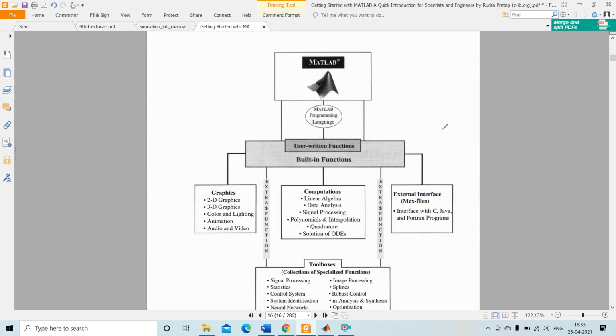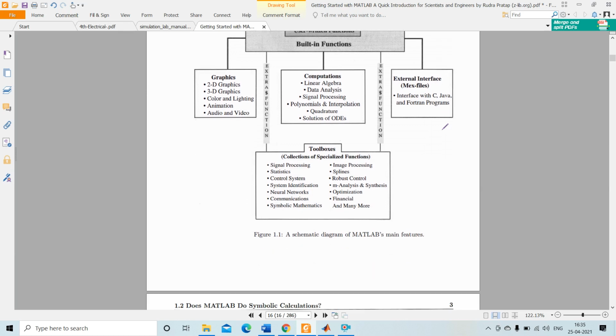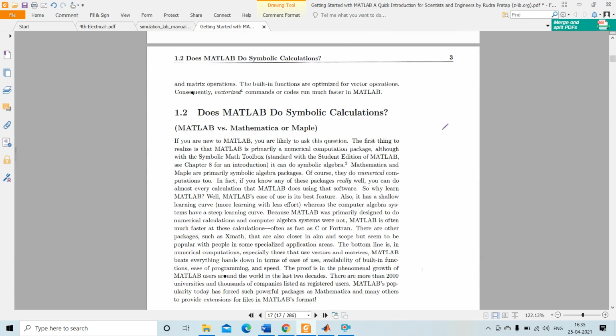See, this is MATLAB. Under this there are user written functions, the MATLAB programming language, and built-in functions in the sections graphics, computation, external interface. Then the toolboxes are also there, that is the collections of specialized functions.